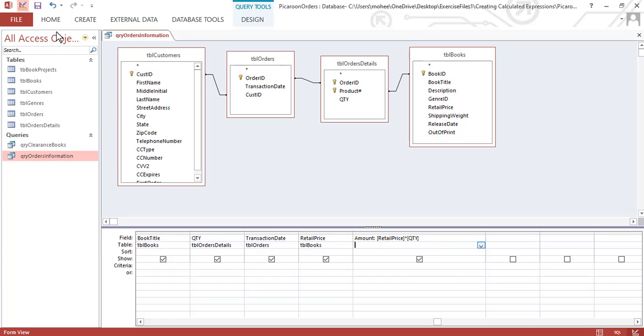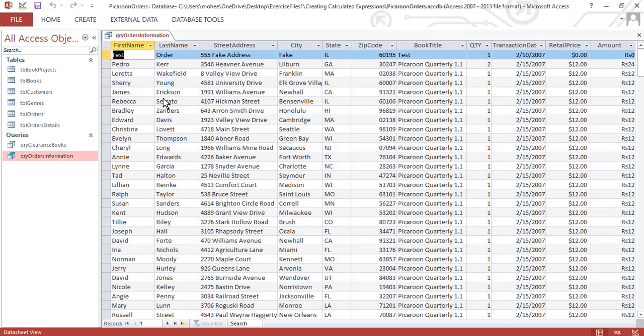So this is how we write an expression. A calculated field will be generated brand new, which is not saved in this database, but it would be created calculation wise.